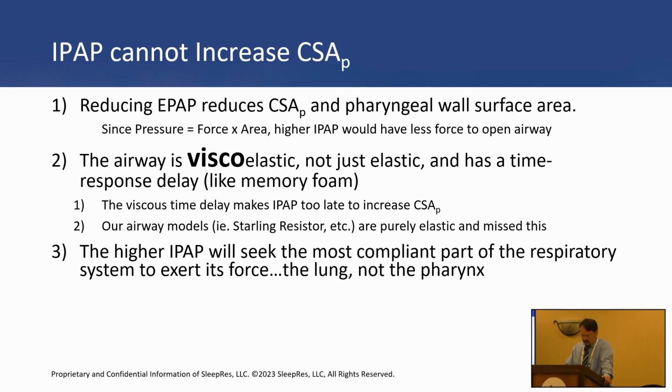And what's the answer? The answer is all IPAP can do is actually give pressure support. It does not increase the cross-sectional area of the pharynx. Reducing EPAP reduces that cross-sectional area and the pharyngeal wall surface area. And since pressure equals force times the area, a higher EPAP would actually have less force to help open the